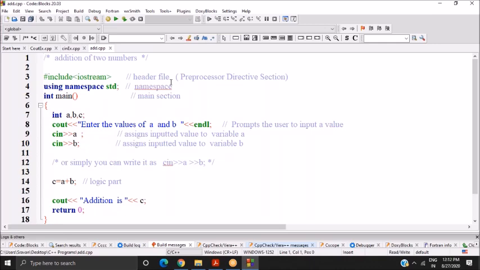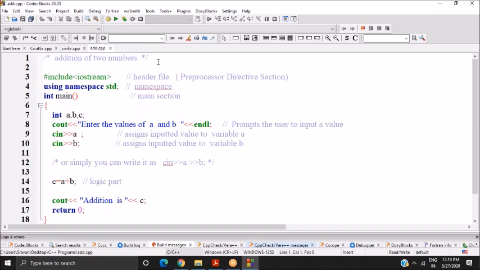Here we observe 2 statements are to be defined. That is cin extraction operator a, one statement, again cin extraction operator b. You can write it as one statement also. That is cin extraction operator a and extraction operator b. And then you have to write the logic part. That logic is addition of two numbers, a plus b. That a plus b is stored in the c variable. And finally, I want to display the output of the addition. So using the cout statement, insertion operator, the message is "Addition is", and the output is available in c, so that value is to be printed.